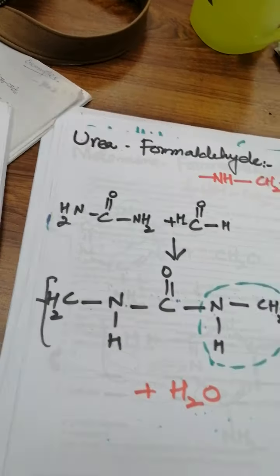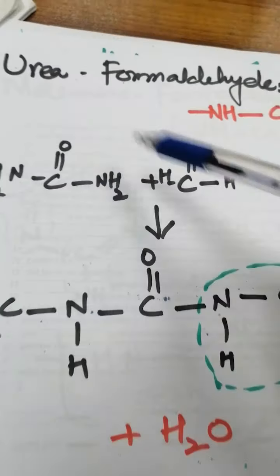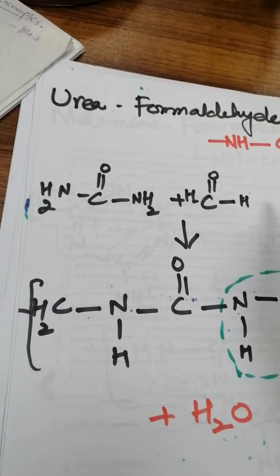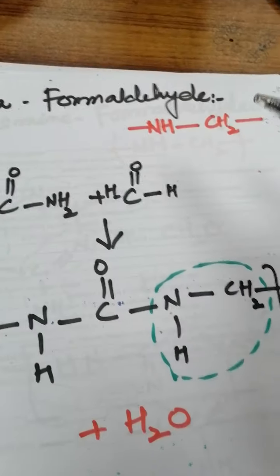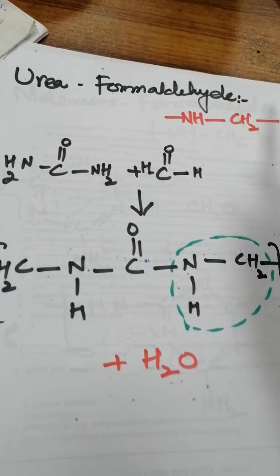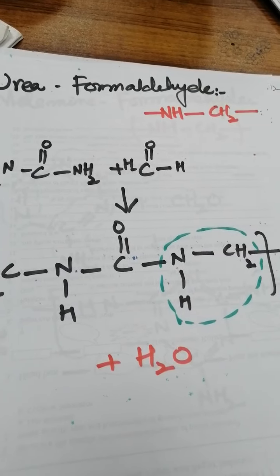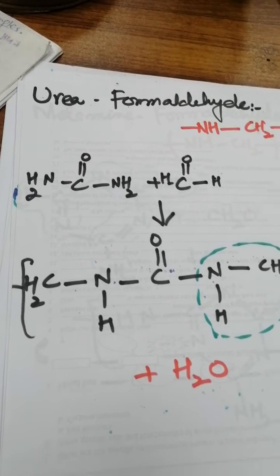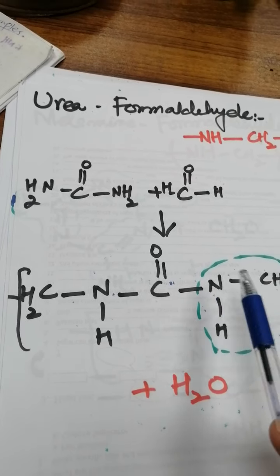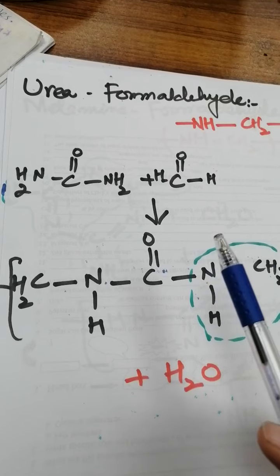Okay, now the next one is the urea formaldehyde. If you just recall the formula of urea, we need to have two amines, so it's a diamine and then formaldehyde, right? So it's diamine formaldehyde polymer. The functionality required is the NH and CH to bond together, right? So what is happening, they both react together, and then again they will release the water molecule.